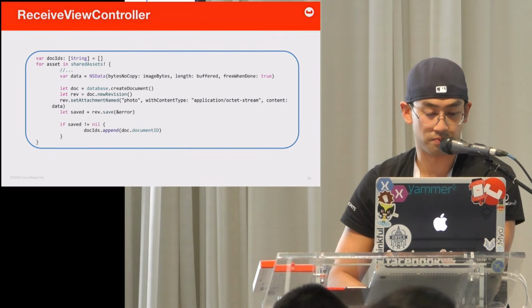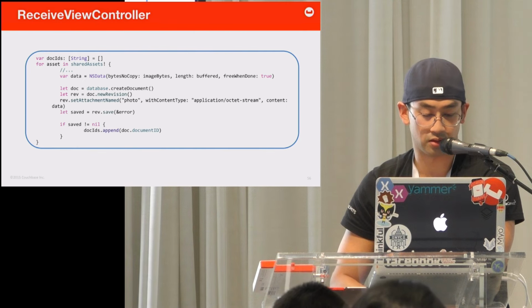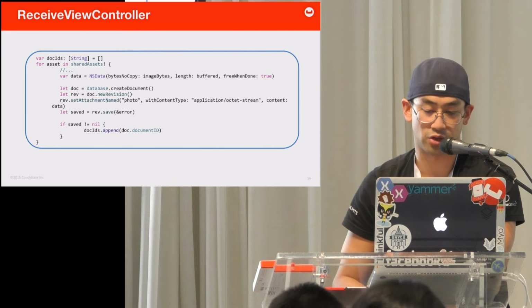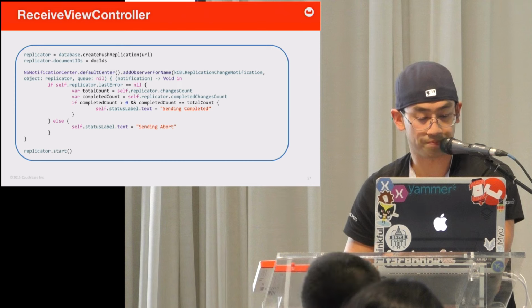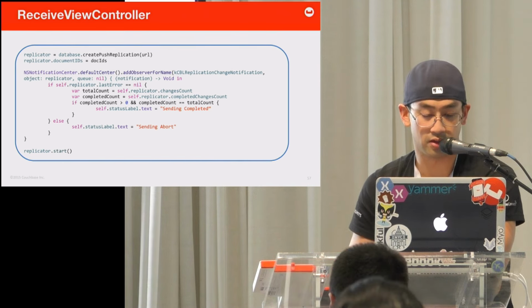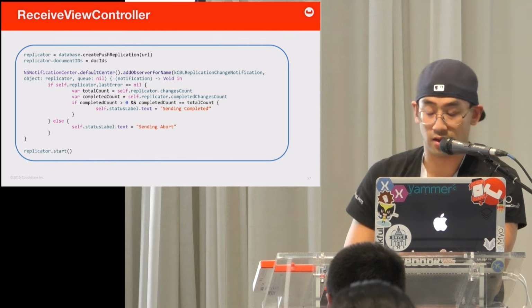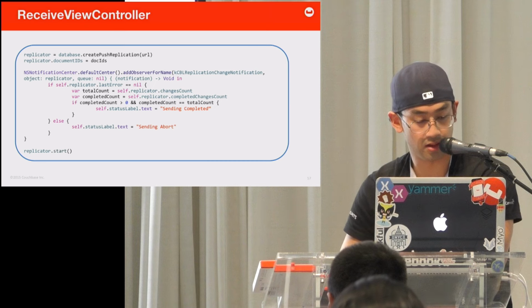And we also save the document ID. So docid.append doc.docid. Same steps in Android. It's also up in our GitHub page. And receive view controller, that's the last step. We have the sync QR code that we got from the QR code here. We basically have the photo document from the database.